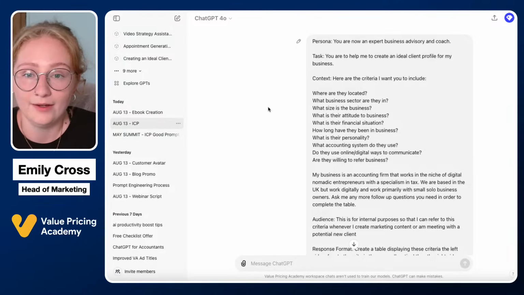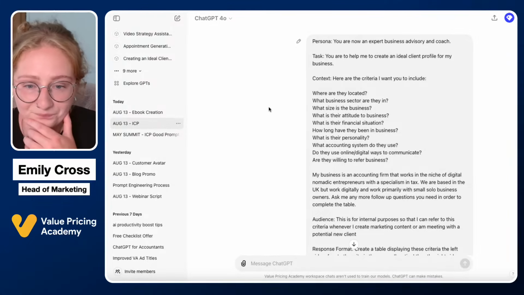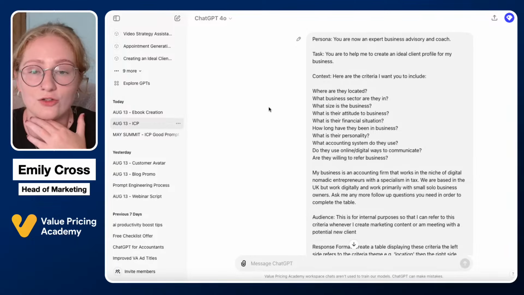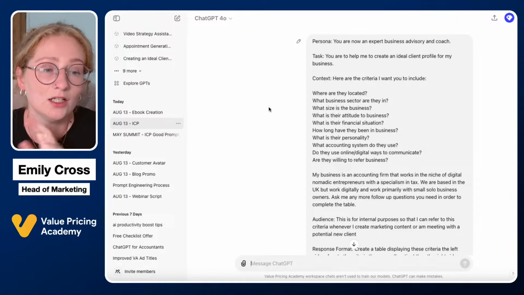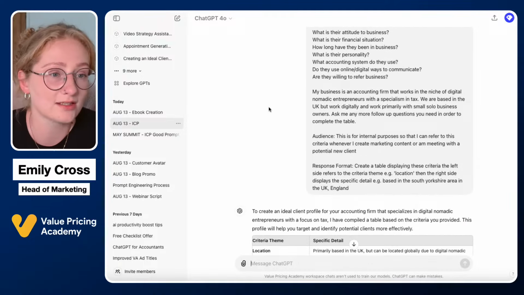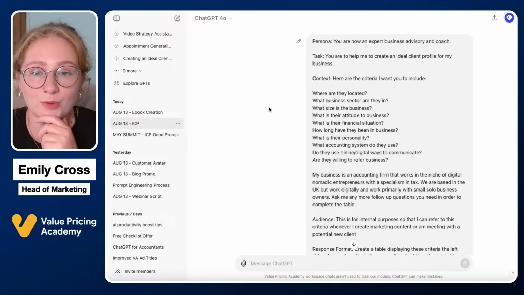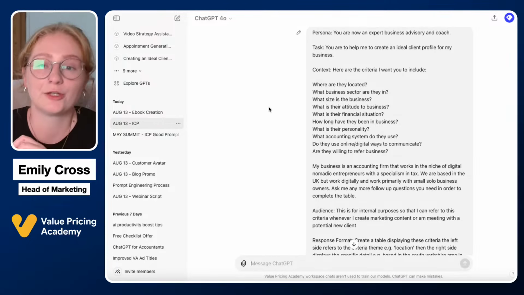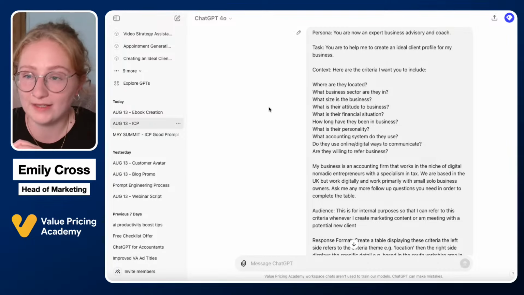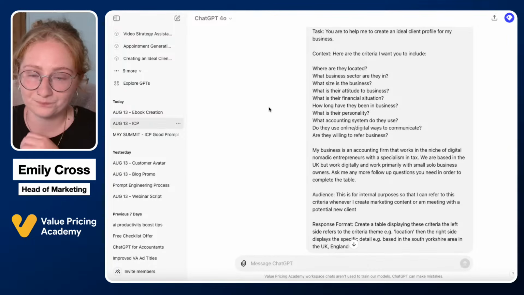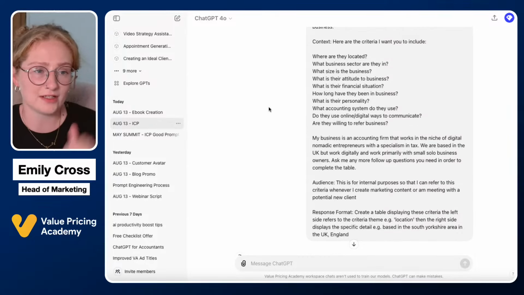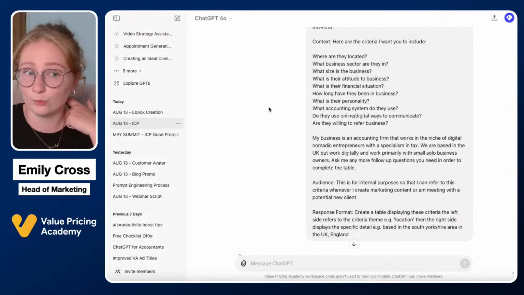Okay? So for the prompts that I have given it, I've just used the template that we've taught before in previous sessions, where we give it a persona, a task, some context, an audience, and then a response format. So the persona is, you are now an expert business advisor and coach. Your task is to help me create an ideal client profile for my business. The context: here is the criteria I want you to include. So I'm giving it a list of the things I want it to consider